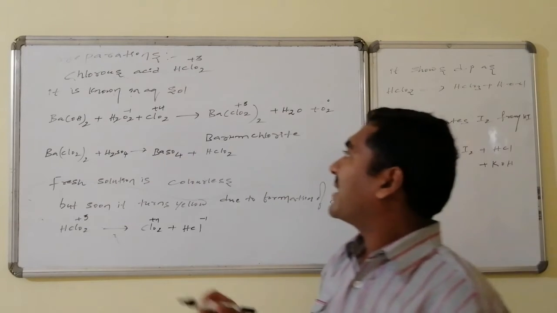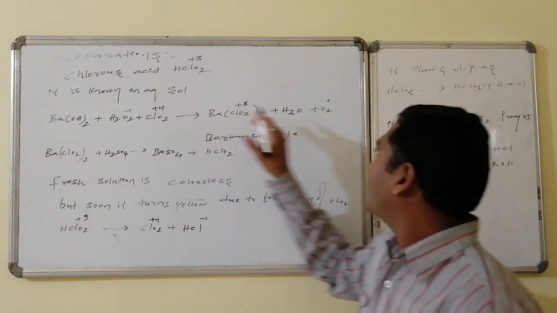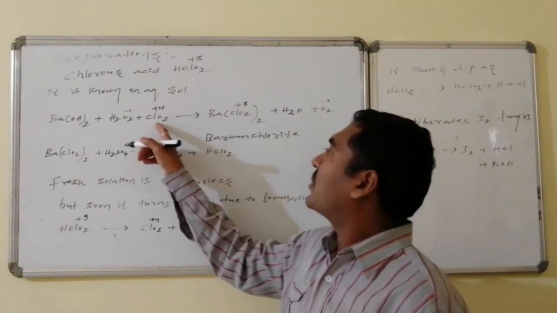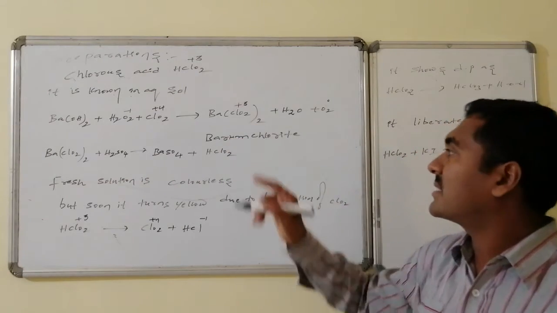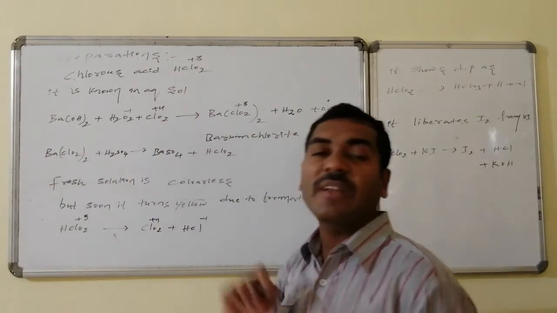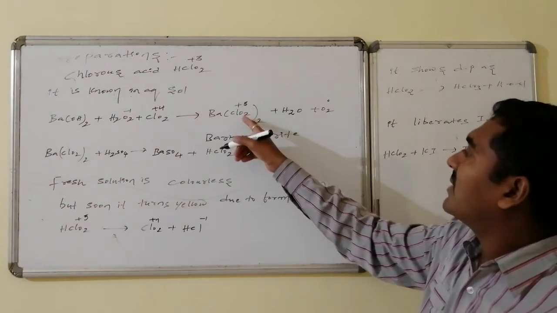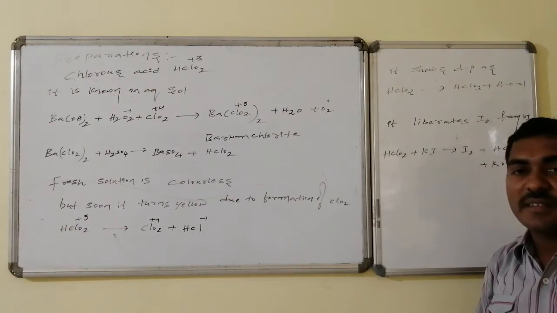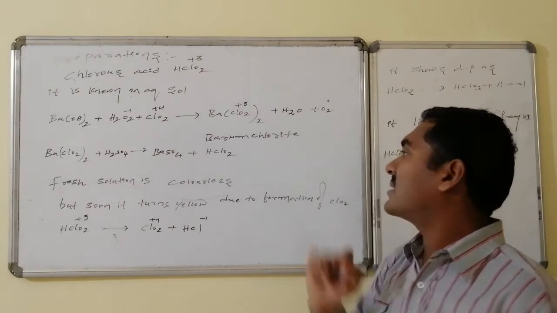Hydrogen peroxide is acting as reducing agent here. This hydrogen peroxide wants to convert towards oxygen by undergoing oxidation. Whereas in this process, the chlorine of +4 oxidation state is converted to chlorine of +3 oxidation state, and in the form of salt of barium, that is barium chloride formation takes place. Here chlorine is +3, and here oxygen is converted from -1 oxidation state of hydrogen peroxide to 0 oxidation state. This is oxidation, this is reduction.